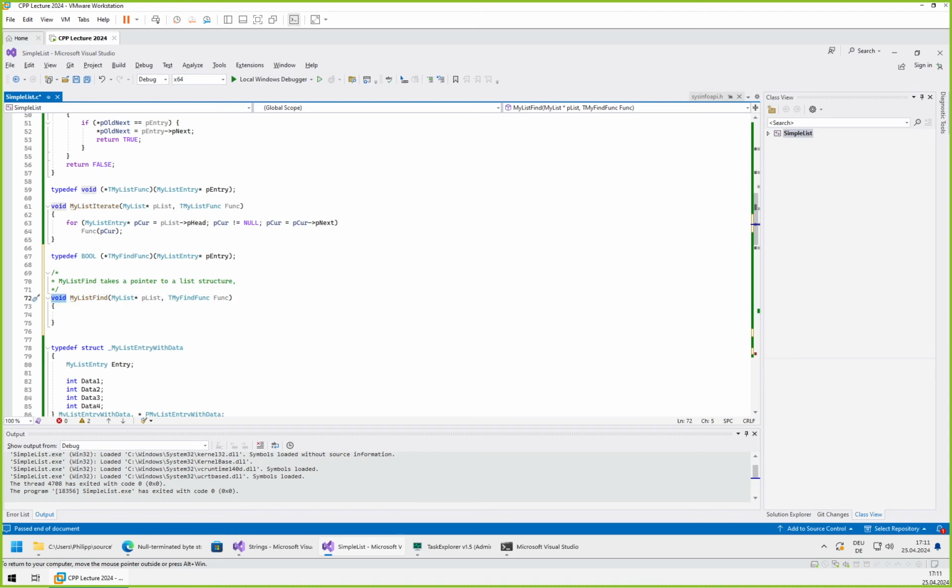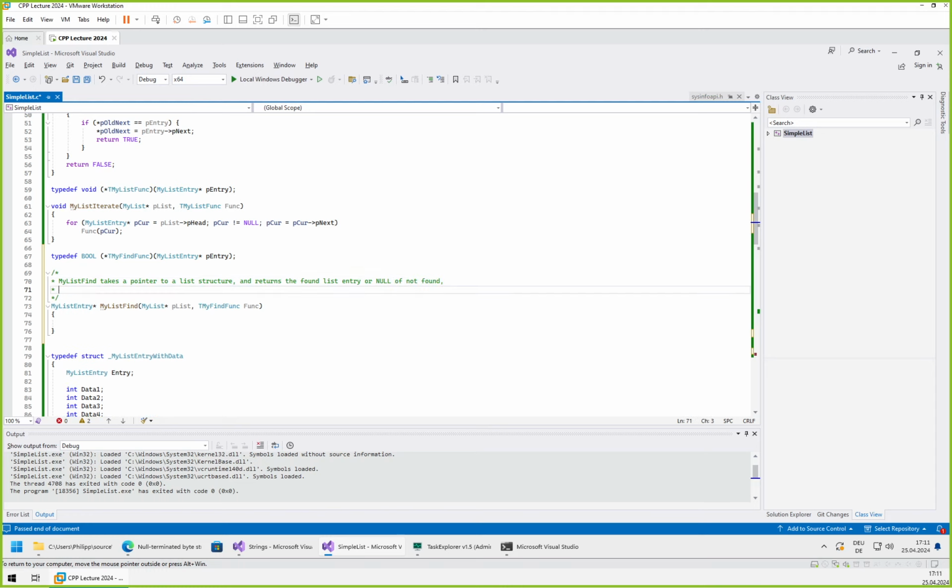It should return the entry. Return the found list entry or null if not found,